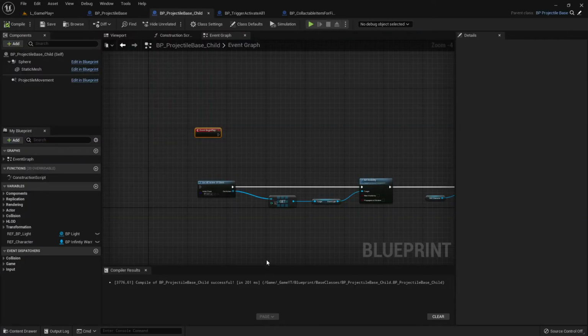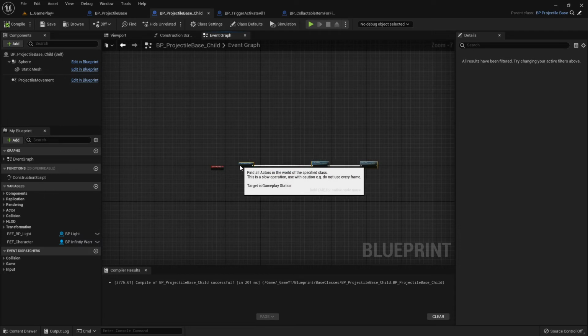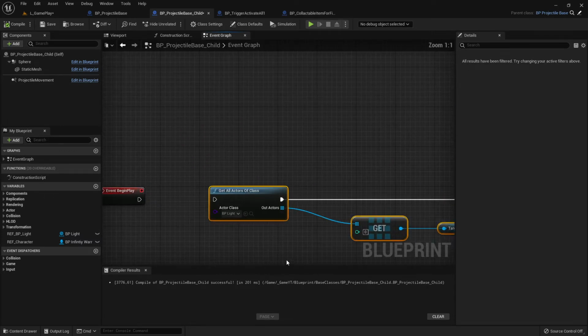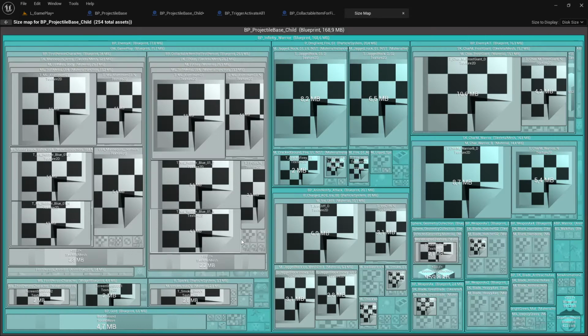When I open this one up, you can see there is normally nothing in it, but in my child class I have created two variables, and one of my variables is this infinitive warrior, and my infinitive warrior is set up so badly that it causes an absolute headache, which means the real reason I have such a big size is all because of my infinitive warrior